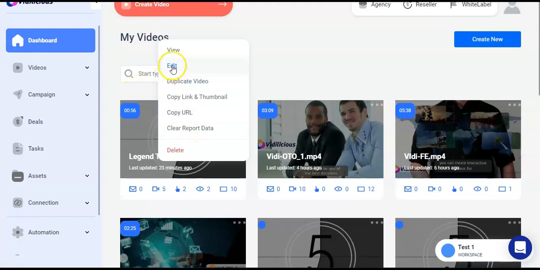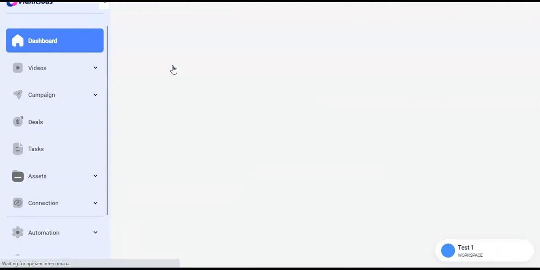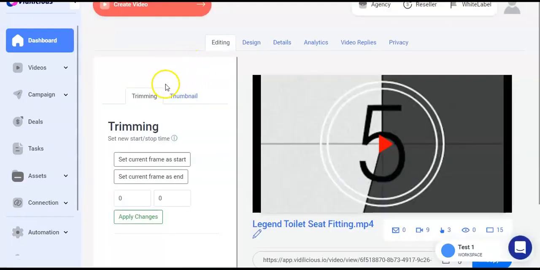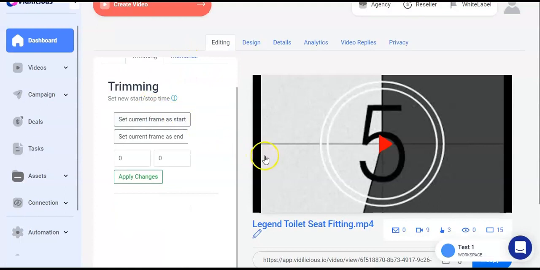So what I'm going to do, guys, is I'm going to edit this video. And here we are. So the first thing you can do is you can trim the video. You can choose the length of it. That's really good for things like shorts, or if you just have bits in the beginning or the middle or the end that you don't want to be showing. And then you can decide on when to start and when to finish for your new video,